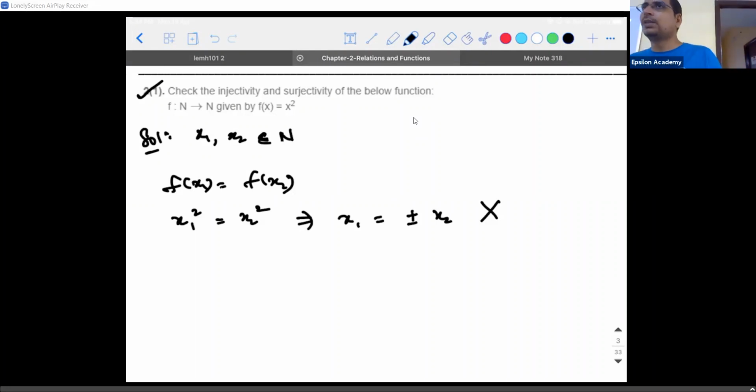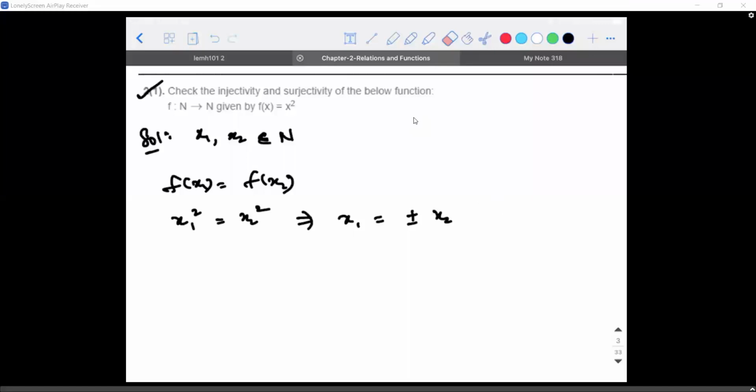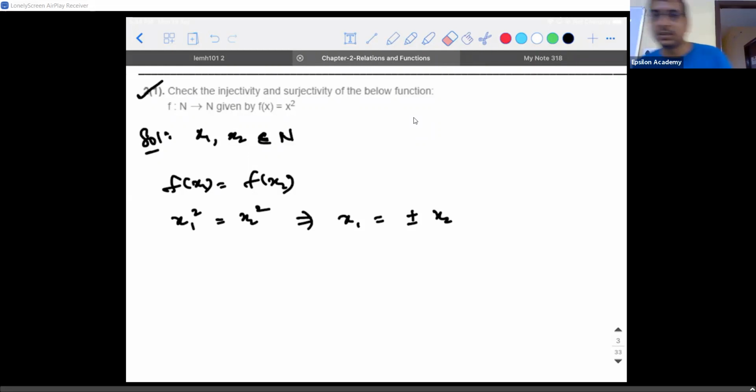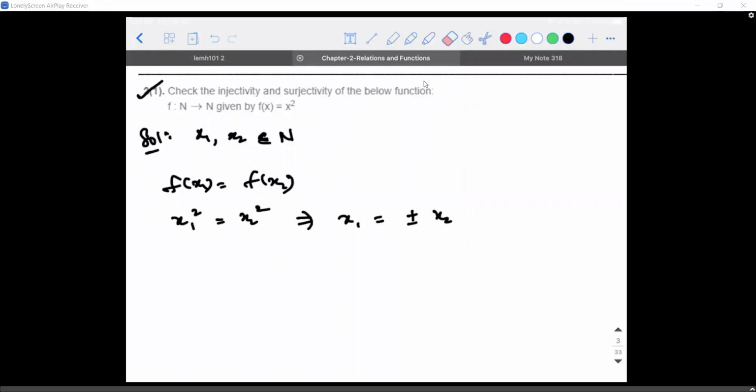Be very careful. The example which I explained there, if you want to go and revise it and see what the problem was that I gave: real number to real number. That is why I wrote x1 is equal to plus or minus x2. Here it is natural number to natural number. Okay. The importance of domain and codomain, things will change. Students online, clear? Yes, sir.